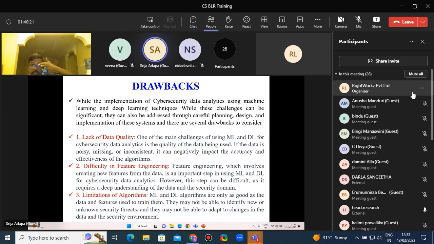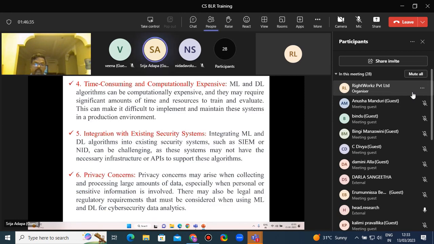And third one is limitations of algorithms. These algorithms are only as good as the data and features used to train them. They may not be able to identify new or unknown security threats and may not be able to adapt to changes in data and the security environment. And fourth one is time consuming and computationally expensive. ML and DL algorithms can be computationally expensive, as they may require a significant amount of time and resources to train